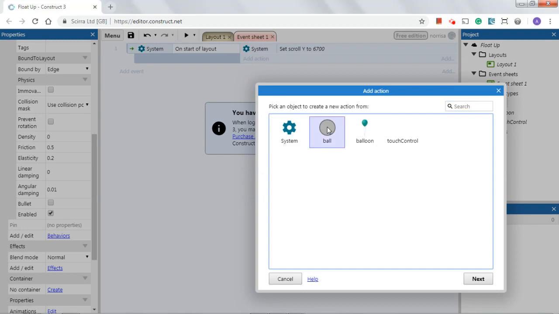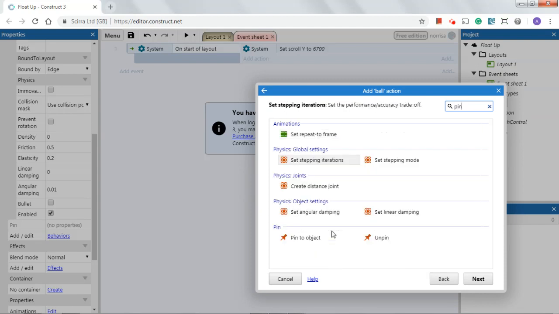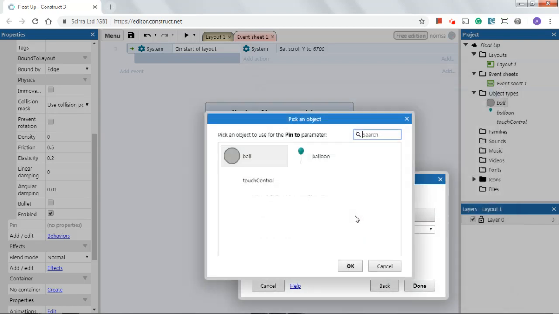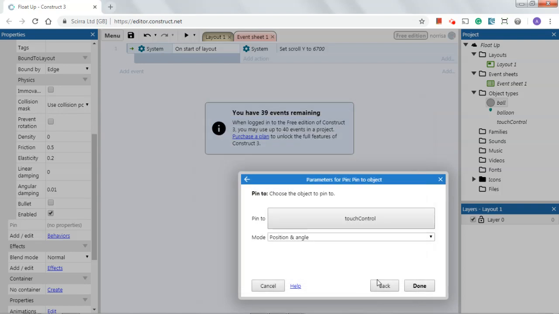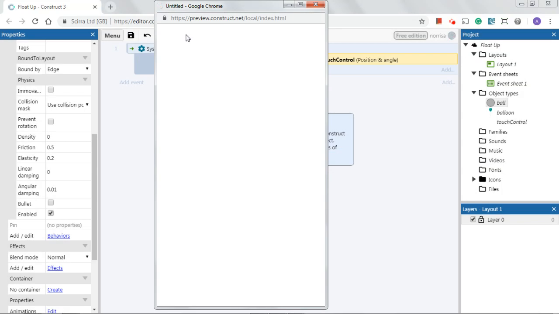So when we go to ball, so we added an action there. We go to ball, and we want to pin. So I've just typed in pin, and we want to pin to object. So we click next, and the object we want to pin to is the touch control. Okay, so we can leave it as position and angle. In fact, yeah, that's fine. So click done. And now if you play the game,